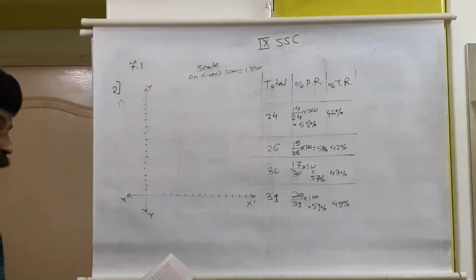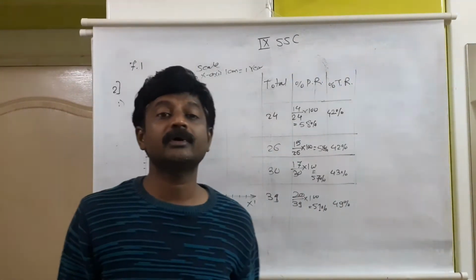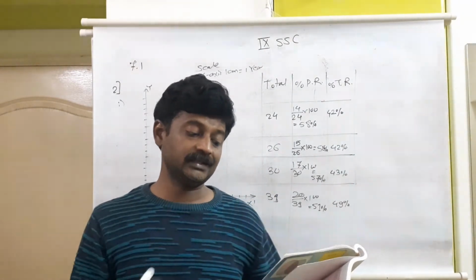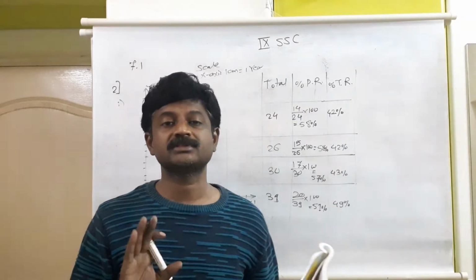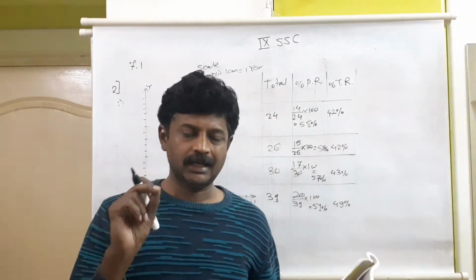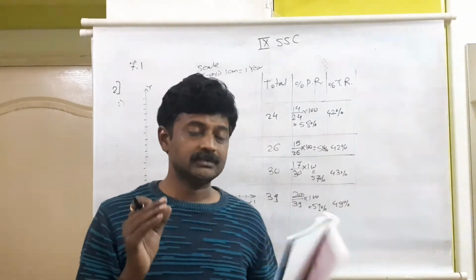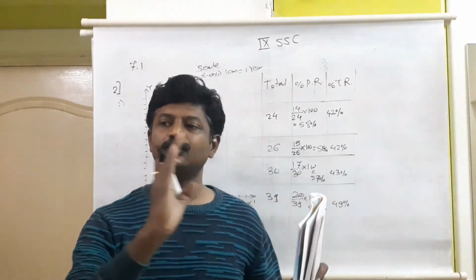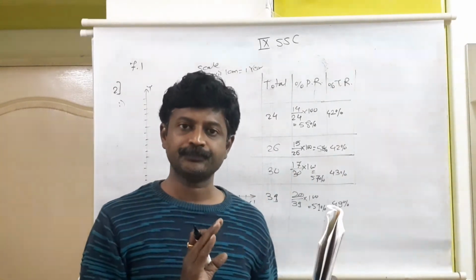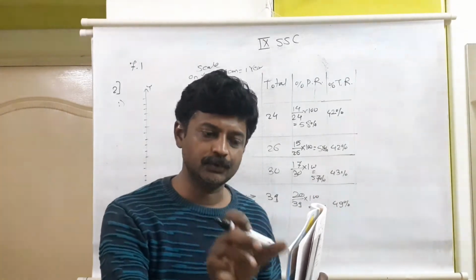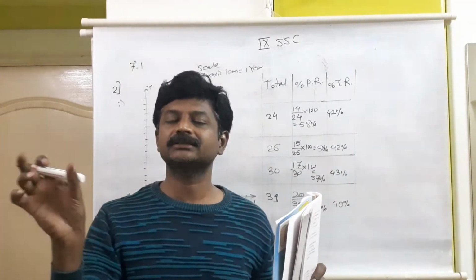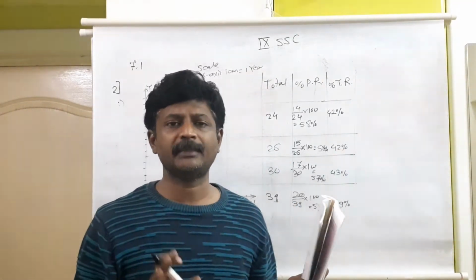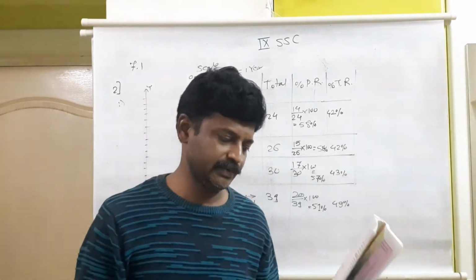Whatever I told you in the previous 7.1 question number 1 in the last video, that 2005 to 2006 is separate and all three remaining are continuous, there might be some mistake. No, I want to change my sentence. I was wrong there. In a subdivided bar graph, the information may be with a gap or without a gap, not necessary, because anyhow we are mentioning them with different bars. But while showing it on the graph paper, the gap between the bars we have to show the same. So if the years are with a gap or continuous, it will not matter. So the question is correct. There is no change in the question.